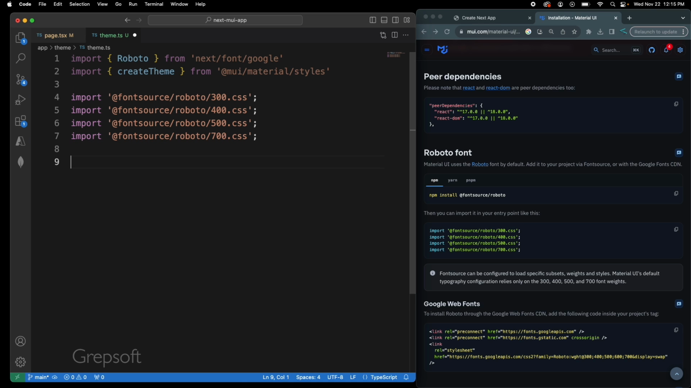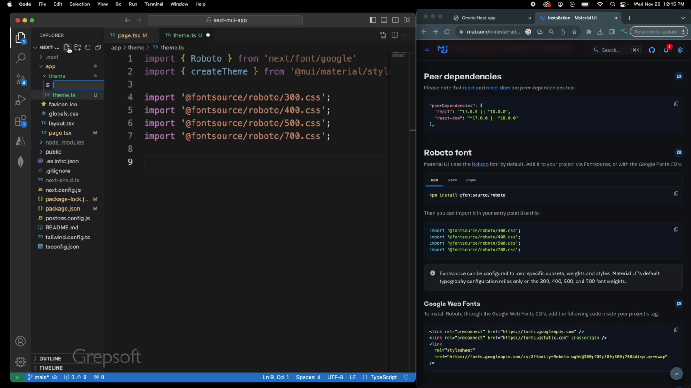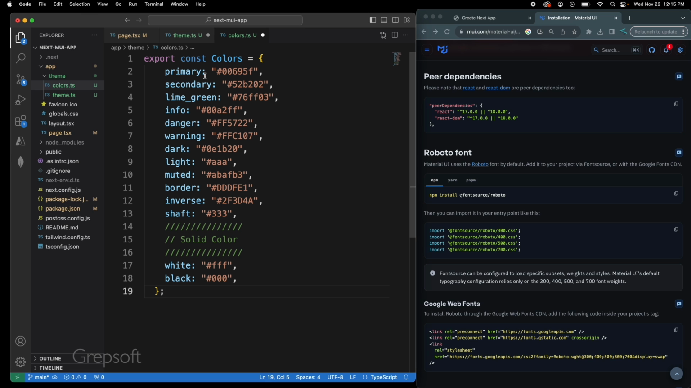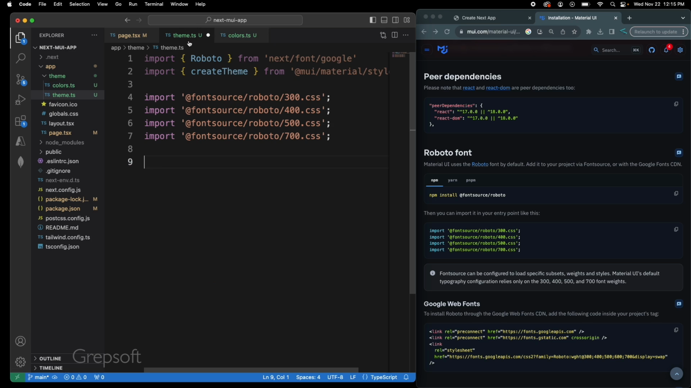Okay, with that done, we will also create another file right here, and I will call it colors.ts. So this is where you can put your custom colors. I already have a set, and I'm just going to paste them. So primary, secondary, and so on. All right, cool. So now that we have that, the other thing we can do is